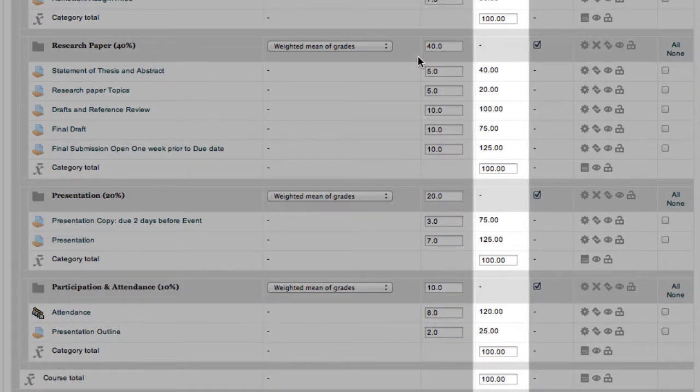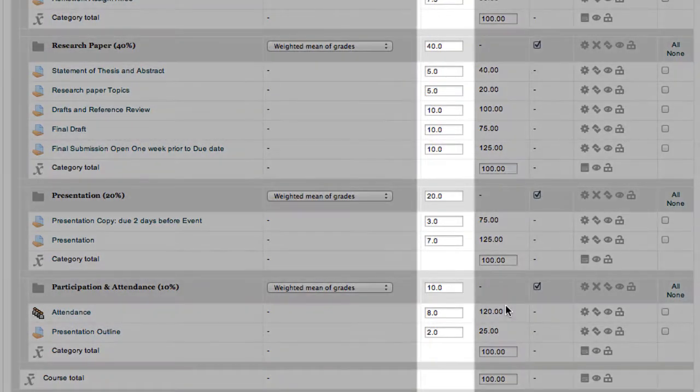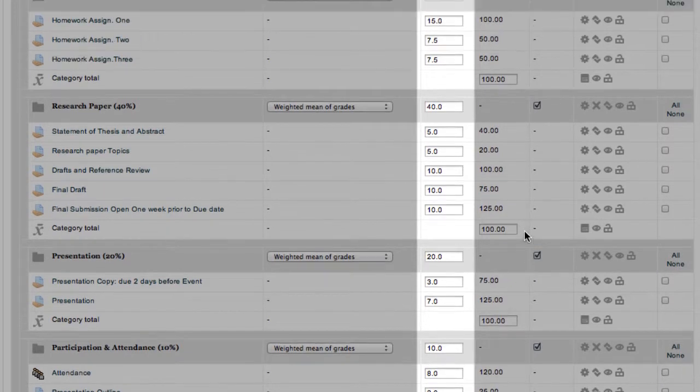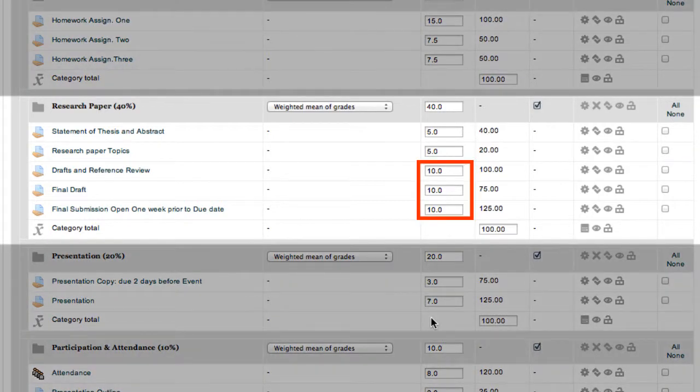Notice both the category and the course totals all the way down are 100%, and in our weight section, each of the boxes totals the value of that particular category. Homework is 30, research paper is 40, and if we look at research paper, we have 3 items for 10 and 2 for 5.